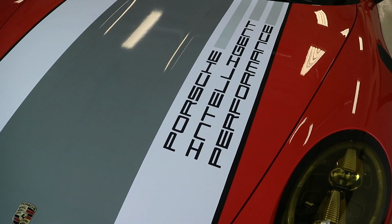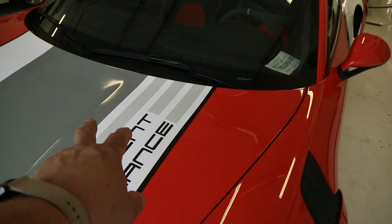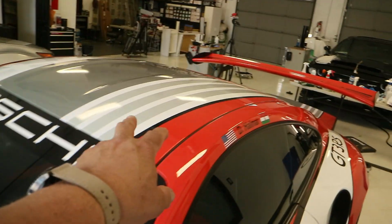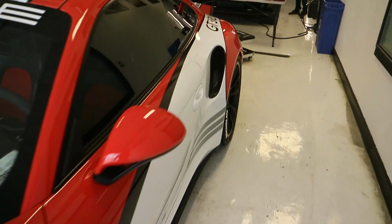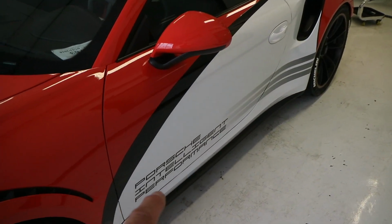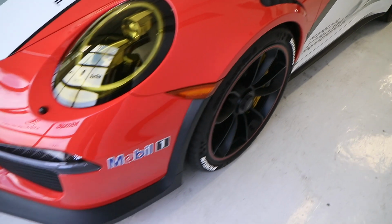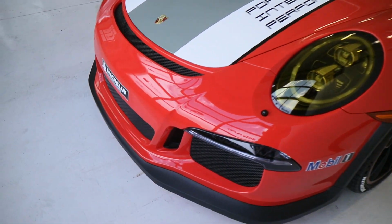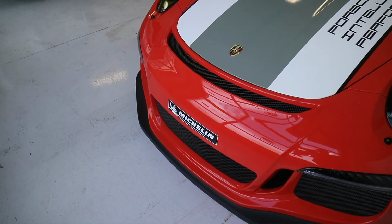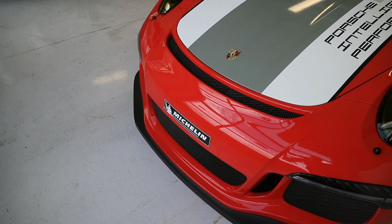This is an actual printed stripe on top of vinyl that is then laminated with a clear. So this is all printed, and you can see the gradient starting here and then going back into a stronger color there. And then we also had the same thing for the sides. There's black underlay underneath this here to give it that black border there and the black border around here. And then we had decals made for it, Mobil One, Michelin. We actually wanted the Michelin to be bigger, but our printer got the size mixed up and couldn't get us new ones here in